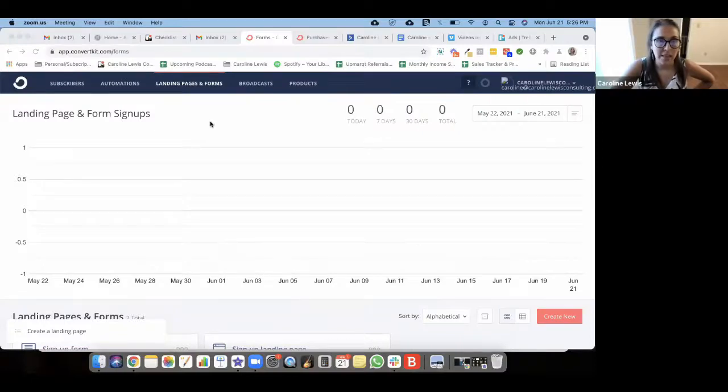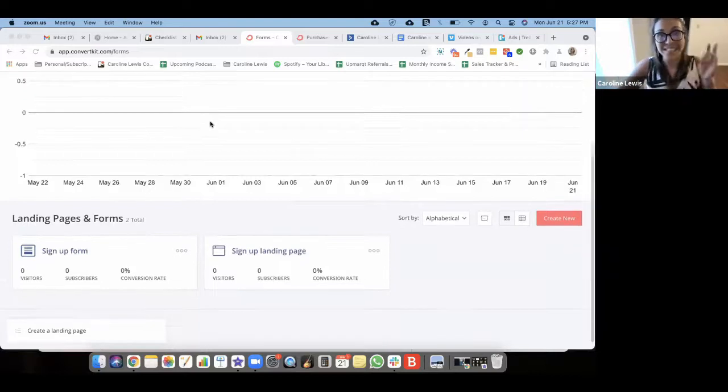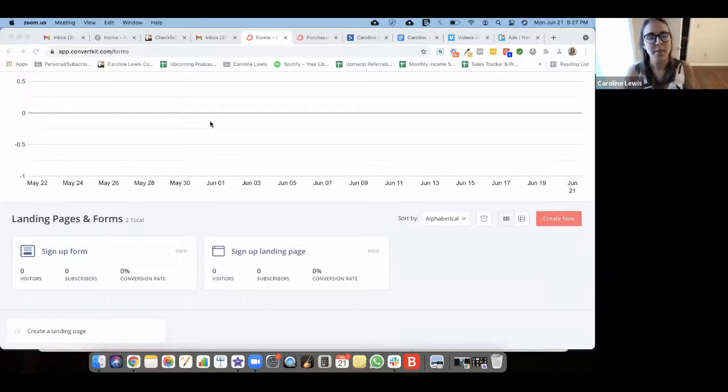So now we're going to keep continuing on the menu form up here, landing pages and form signup. This is super, super important because this is how you're going to bring people from an external source into your ConvertKit. Now, you can create landing pages through ConvertKit, which we'll go through second. Because forms for me are a little bit more important, because a form is when people sign up on your already built landing page. So if you run on WordPress, Drop Funnels,